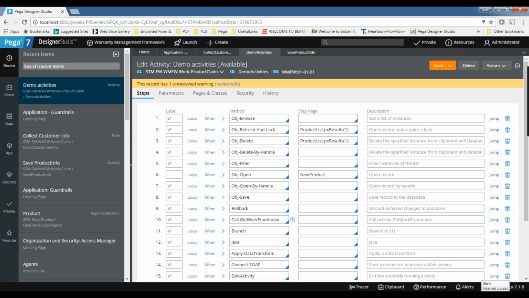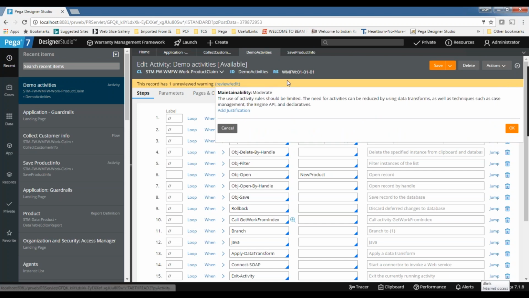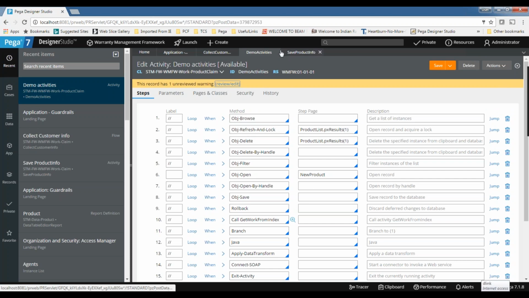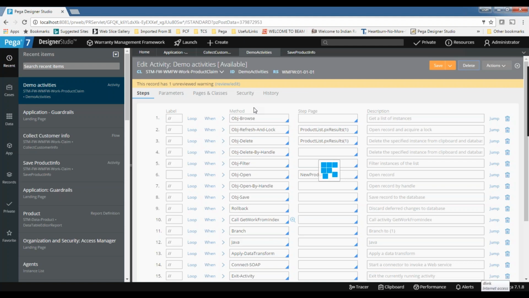So we're creating this rule. Whenever you're creating the rule, on the rule form itself, you will get warnings like this. So you need to fix it by seeing this, or else you need to keep justification there itself. Let's say this is not required, so you can remove this one. Something like this you can do.